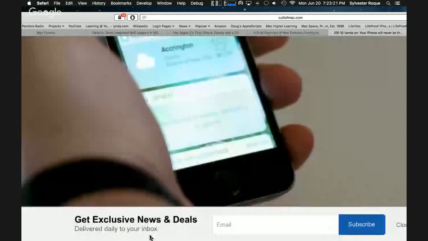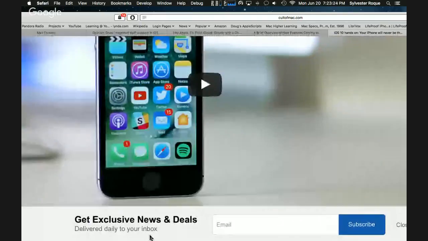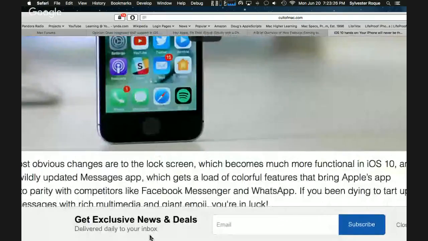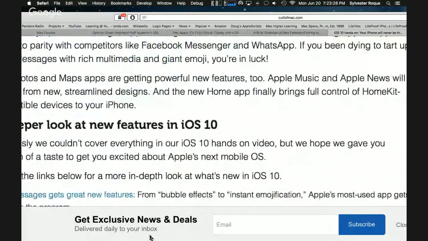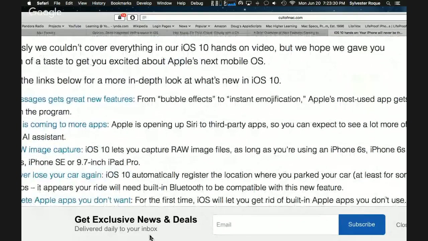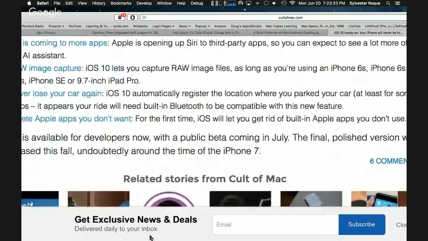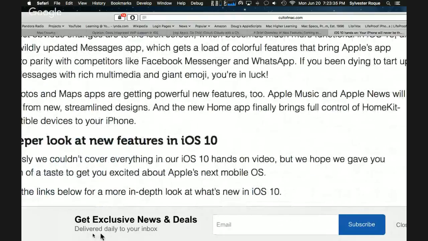Their site also has a little mini hands-on, complete with video of some of the changes coming to iOS 10. There's a lot of links there. There's also on that same site an overview of the changes that are coming to macOS Sierra. Now, as I mentioned a bit ago, I think that Siri is going to be the biggest game changer